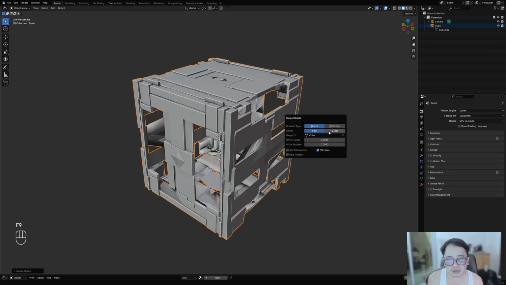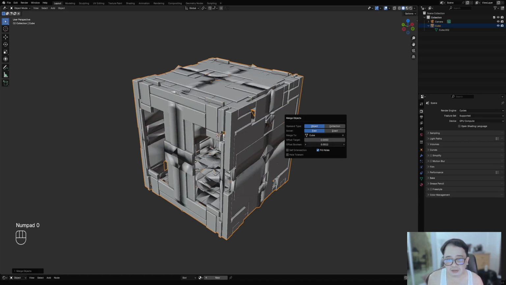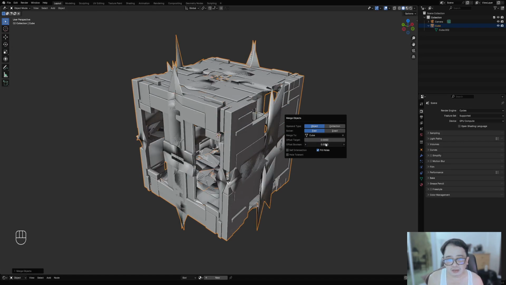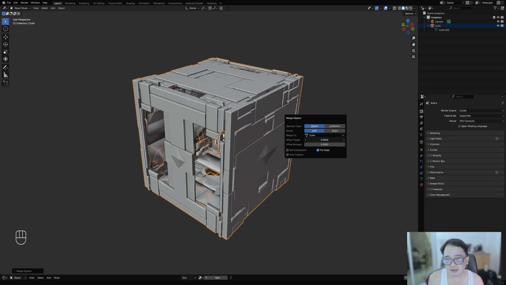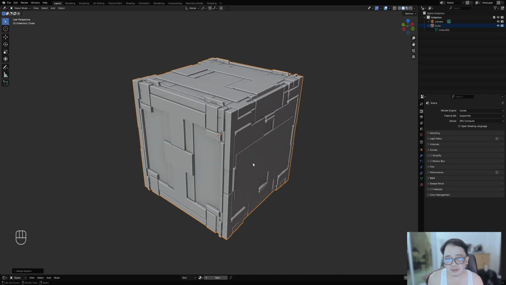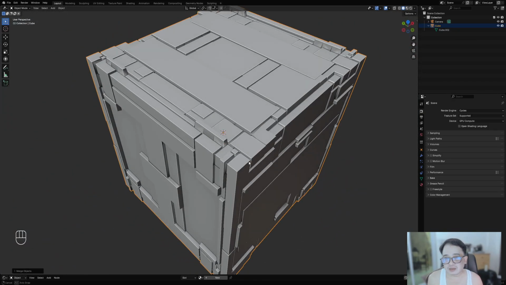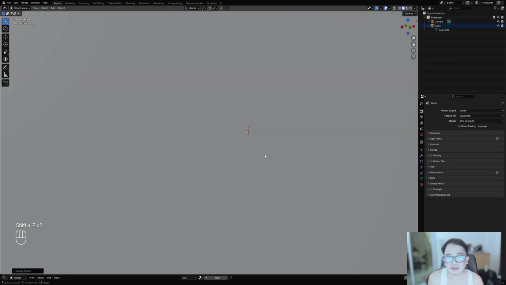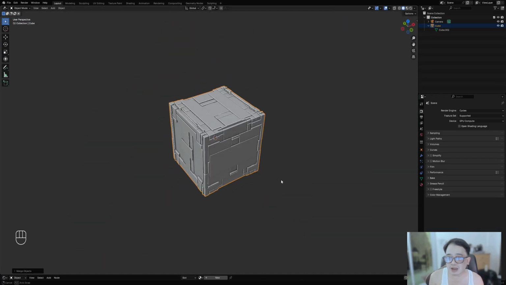Okay, let's go back to object, use fast and 0.01, 0.005, simplicity. Okay, that does nothing. Okay, fill holes. Okay, that actually fixed it. Okay, fill holes. And when we go inside,